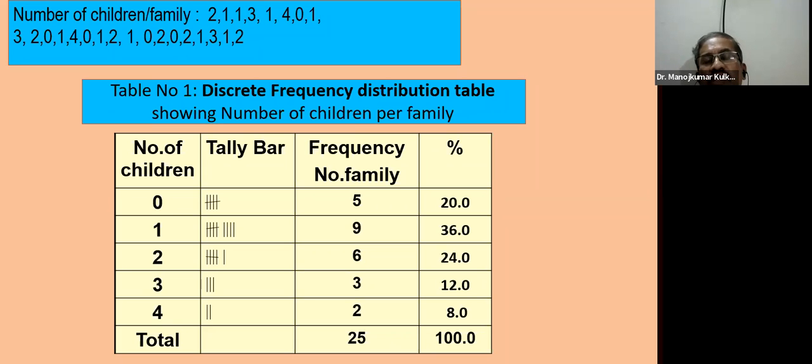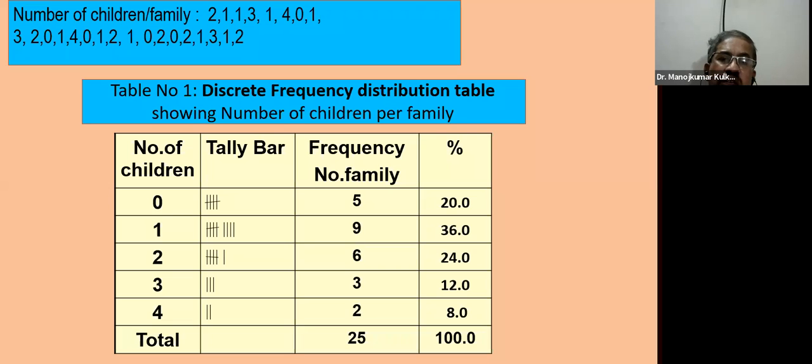And whenever you present any table, you have to make sure that it is self-explanatory. Anyone who refers to your table should understand it. It should not require any additional information from you. Every table should have a self-explanatory title. When you present it in your final report, there should be a title showing what data has been included, and each of the variables should be explicitly defined, like the name of the variable here, number of children, and frequency related to number of families.